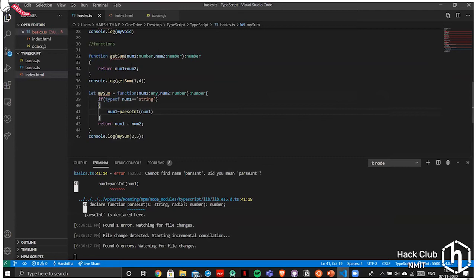So these are just 2 examples of using functions. Now I'll tell you how to use interfaces. There's something called interfaces.